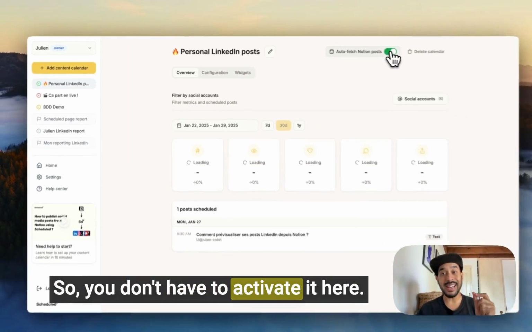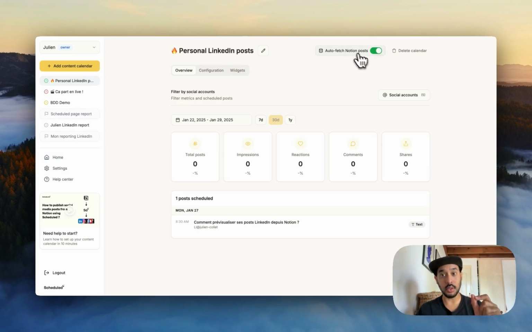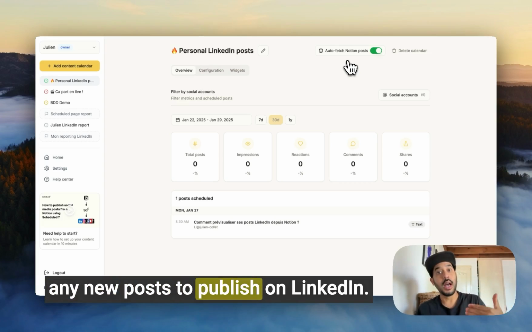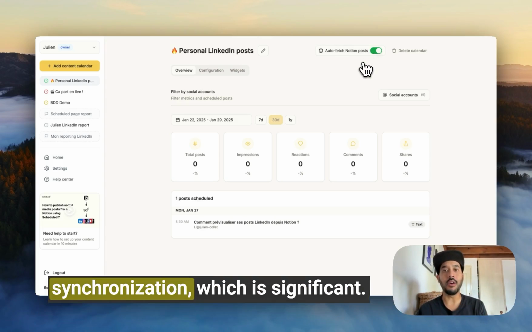So you don't have to activate it here. This activation is really only for the publication of posts. So once you've activated it, Scheduled will check your Notion to see if there are any new posts to publish on LinkedIn. But if you're only using the stats, you can disconnect it and it will be one less synchronization,